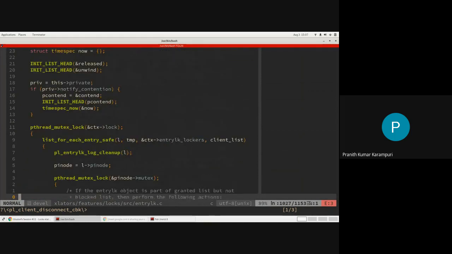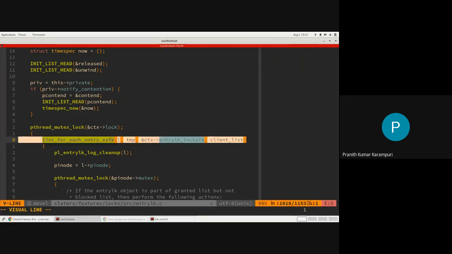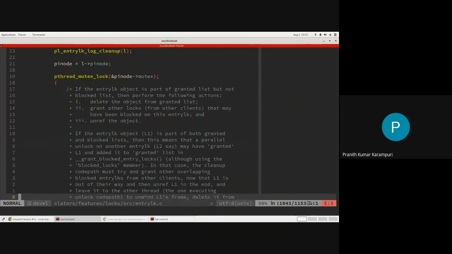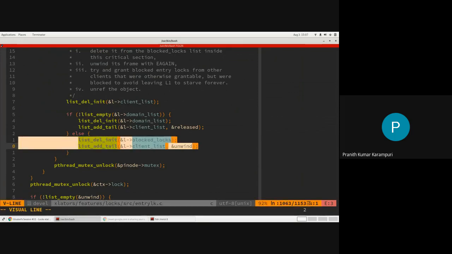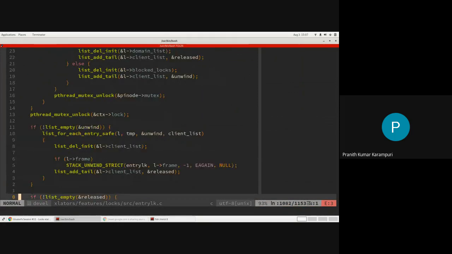But basically it is going through all the logs that were there in the client. If it is a granted lock, then it will just free it. If it is a blocked lock, it has to unwind. So that's what it does.